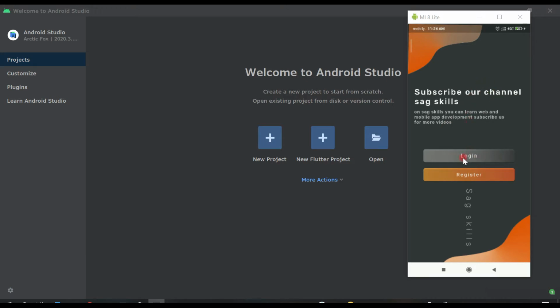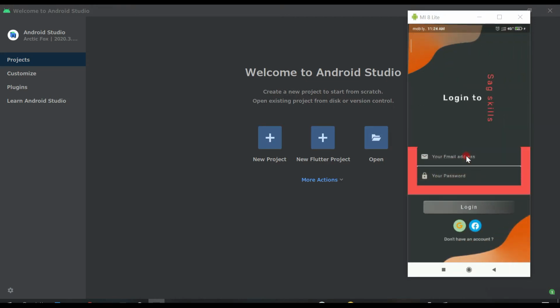So if I click on this login, we will go to the login screen, and you can see it's coming with a fade animation transition from the right side. Here you can see the same screen, we have this bottom gradient, and here we have given this border. Here we have text fields where the user can fill in email and password and press login, and here we have given this Saggy Skills, as you can see. And this is the button with fade. Here you can see this is dark and here is gradient.